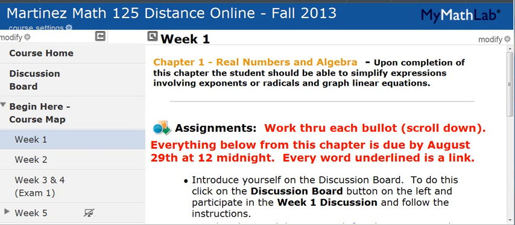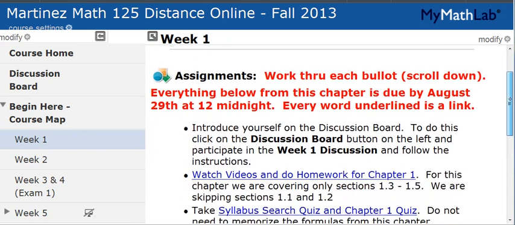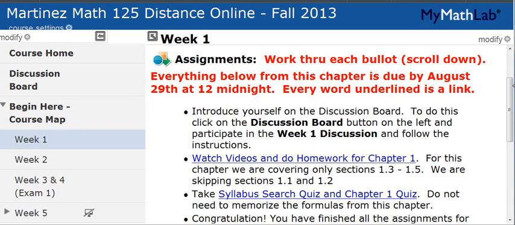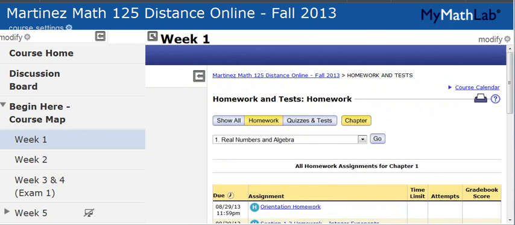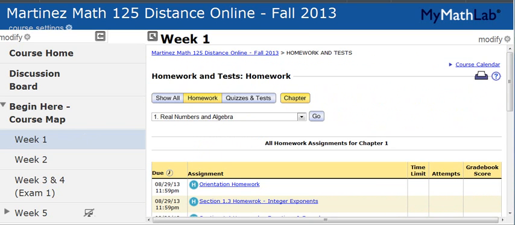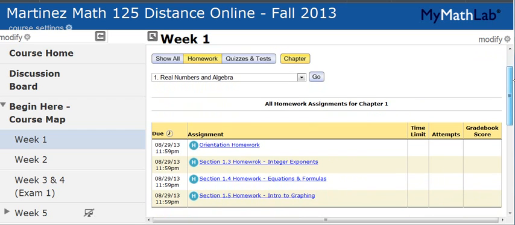In this video, I am going to show you how to do the homework. From the week 1 button, under the assignments, you will notice the next thing after the discussion board is watch videos and do homework for chapter 1. If you click on this link, you'll go to a new screen which lists all the homework for chapter 1